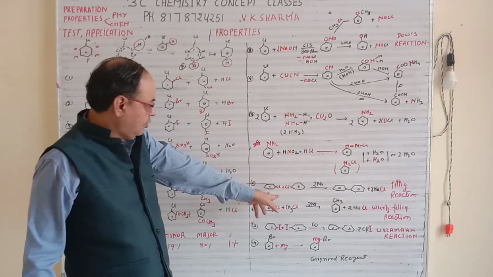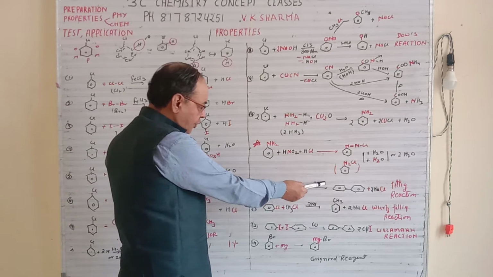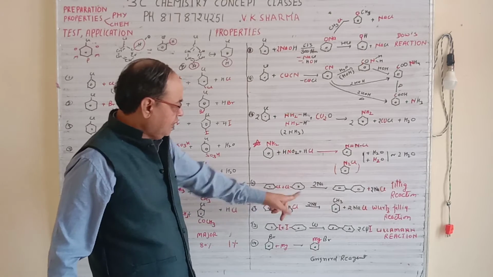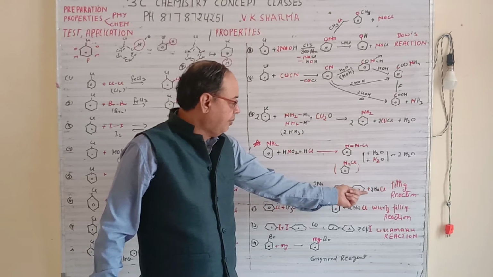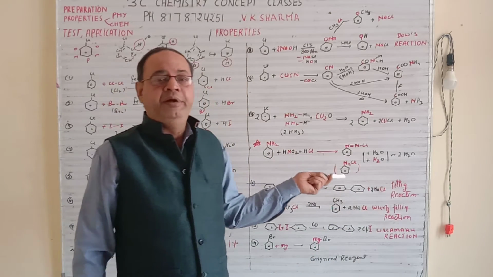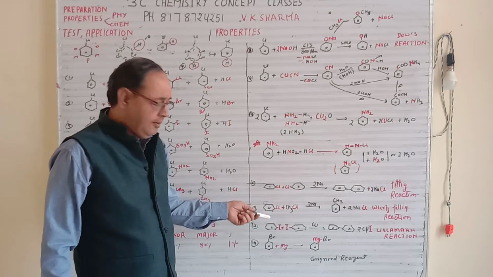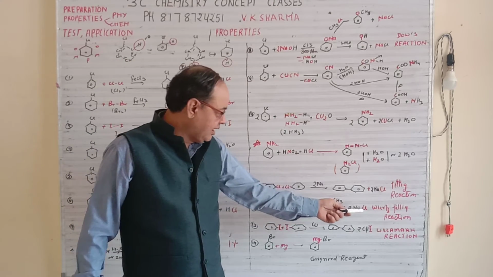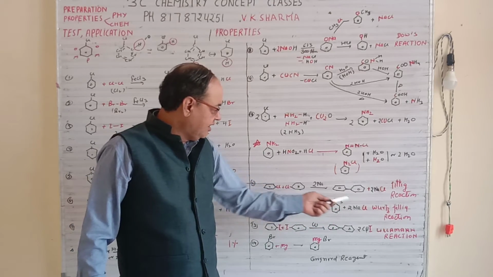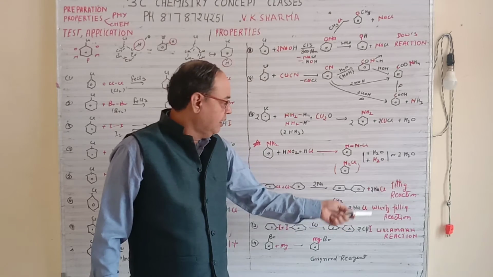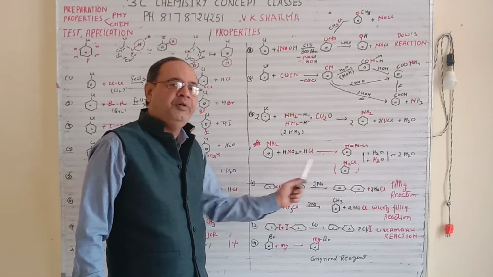Now suppose you take 2 aryl halides. We are taking 2 chlorobenzene. When they react with twice of Na, the Na will react with the 2 halogens. So this end will attach with this end. That will give you biphenyl or diphenyl plus twice of NaCl. And this reaction is known as the Fittig reaction. Suppose you are taking one aliphatic and one aromatic. The concept will remain the same. Twice of Na is there, 2Cl will come out, so ultimately CH3 will come on the benzene ring. So this will give you toluene plus twice of NaCl. This is called the Wurtz-Fittig reaction. With aromatic only, it is a Fittig reaction, but with one aliphatic and one aromatic, it is a Wurtz-Fittig reaction.